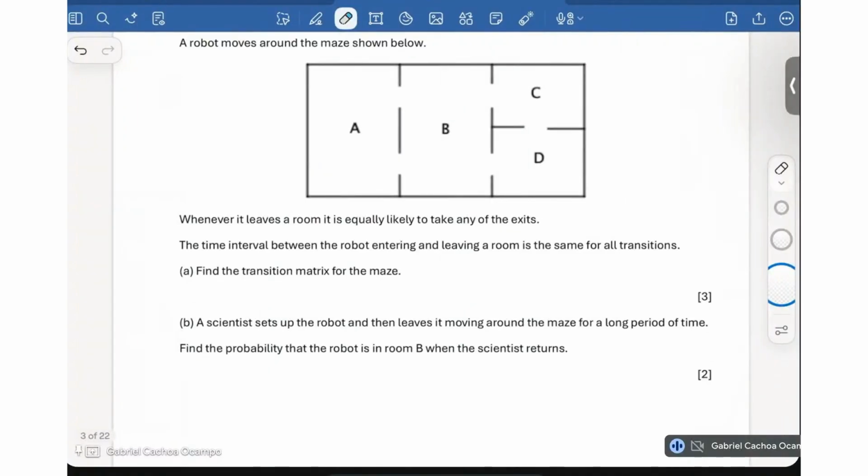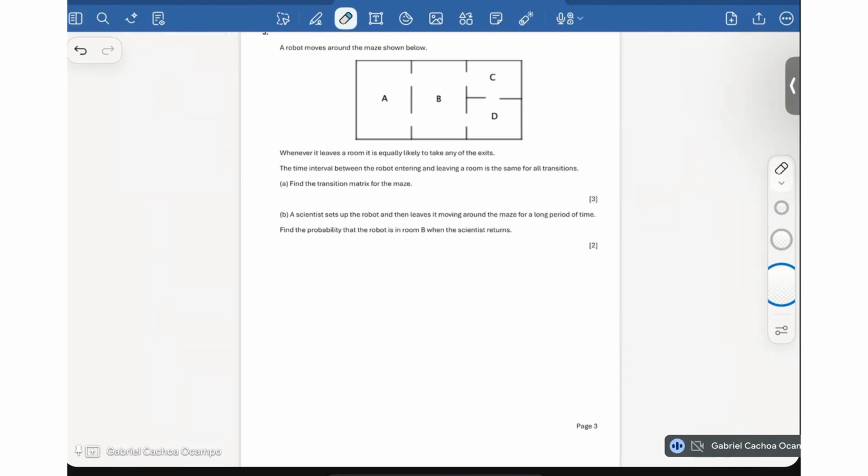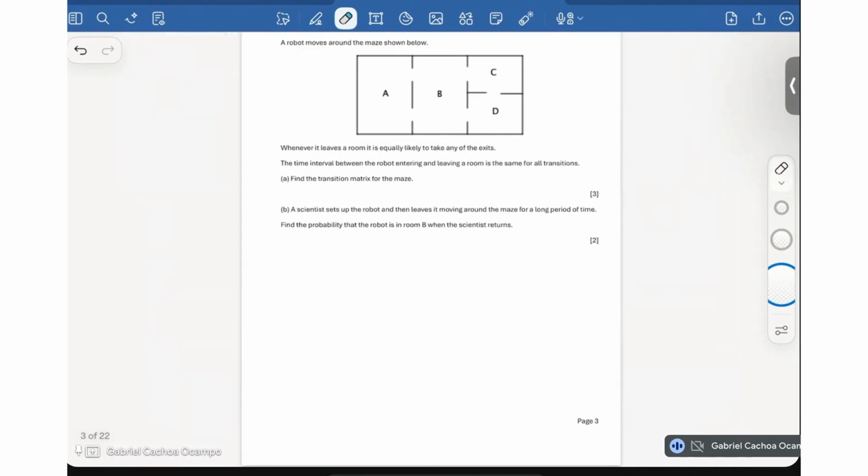Okay, problem three is shorter and super fun. So, you have a mouse, and this mouse can be in A, B, C, or D. And we want to see what the possible transitions are that this mouse can make. So, for example, again, we're gonna do a matrix, and this matrix is gonna be like, you know,